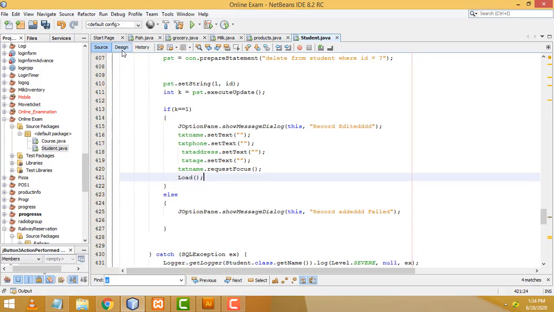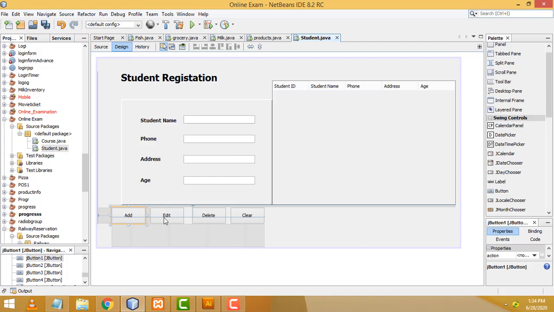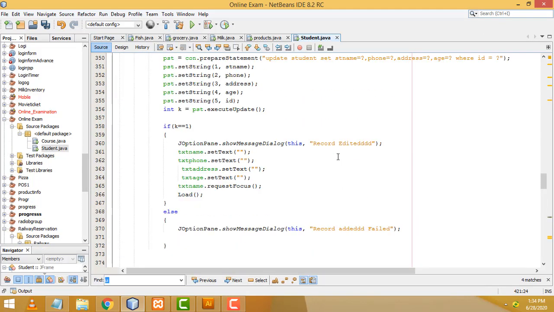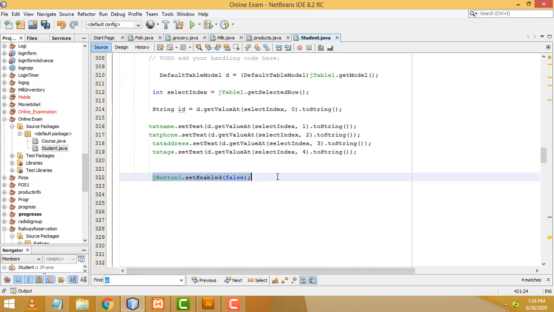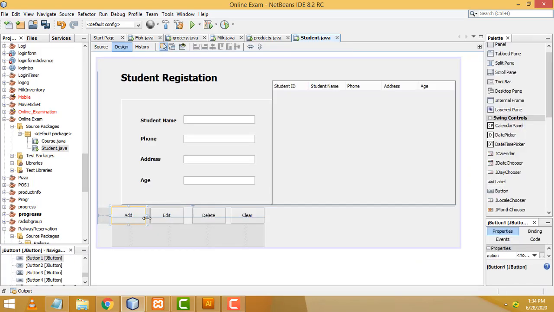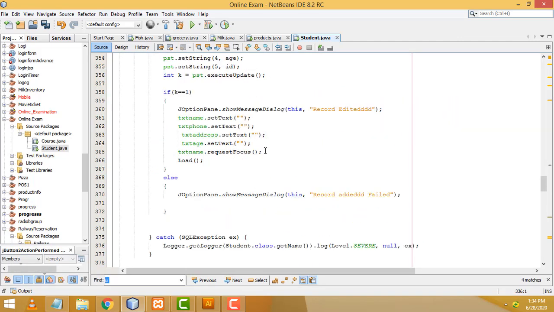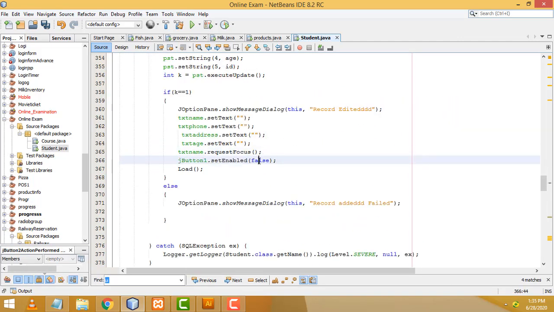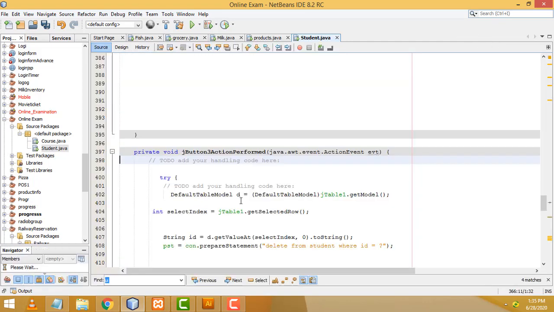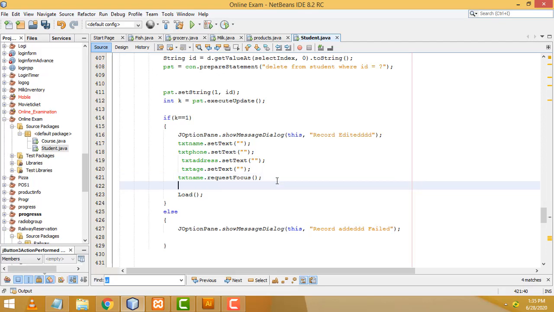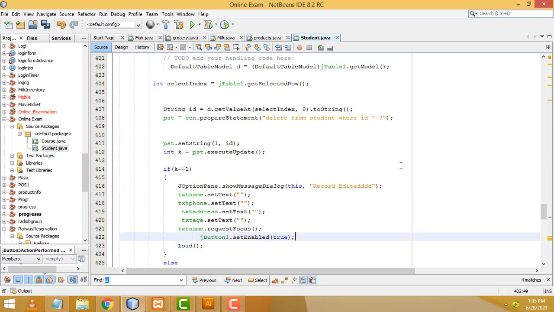After deleting the record, here we have to enable this add button, right? If you edit the record, we have to enable this one, right? So here, what I am going to do is, this is the button name, this one, Control C to copy. This one we have to call here in the edit button, after we get the record edited message, make it true. The same thing, Control C to copy, you have to put it here as well. Then only when you edit or delete the record, after completing this task, we will be able to get the message, right? Now let's run and check.